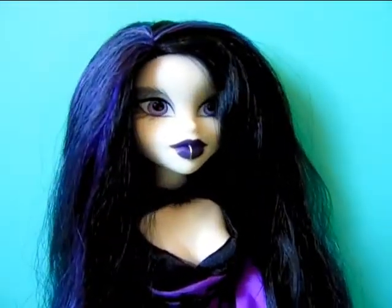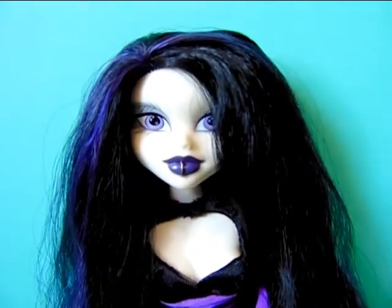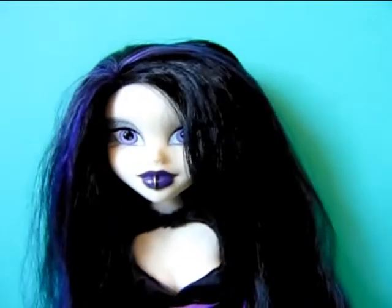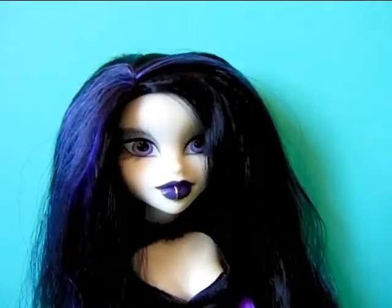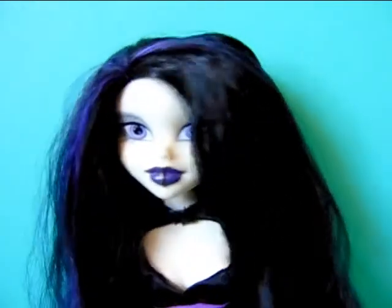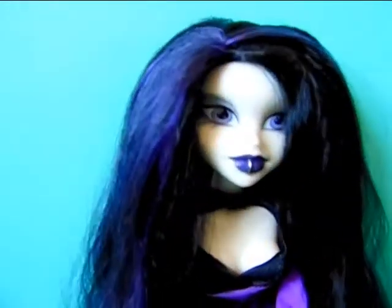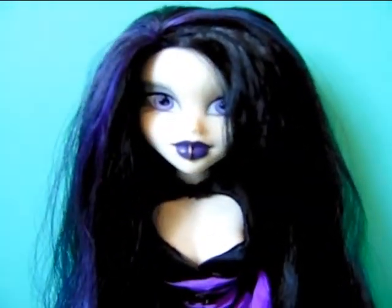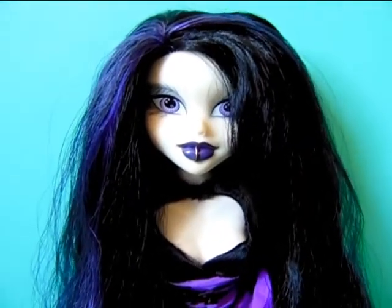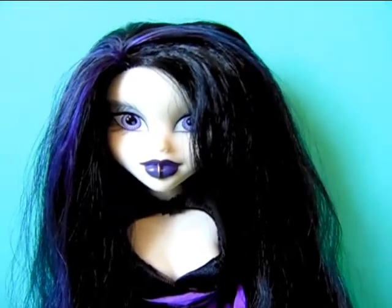loose. If I am wrong and she has some kind of style for her hair that I just didn't notice from the pictures, maybe she has a ponytail in the back or something, then please let me know in the comments down below so that I can fix it. But from what I saw on the pictures, she's just wearing her hair nice and loose like this, which is honestly perfect for me because she's just so stunning, and it really just